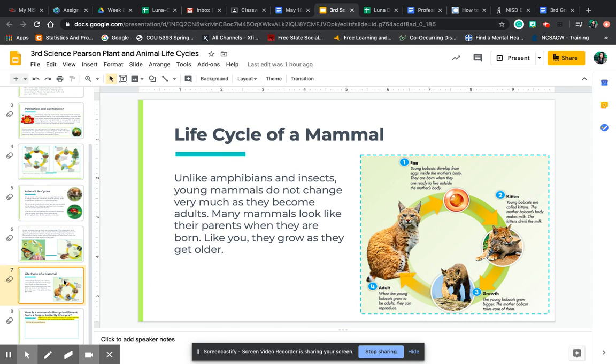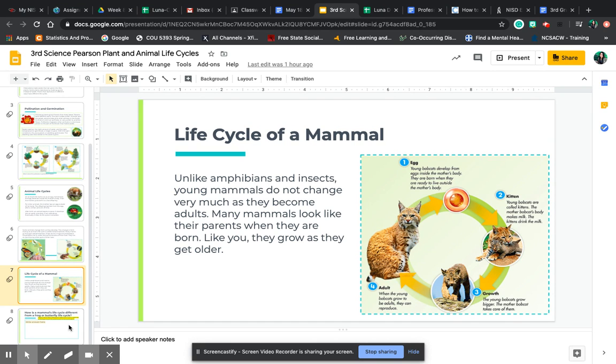Life cycle of a mammal. Unlike amphibians and insects, young mammals do not change very much as they become adults. Many mammals look like their parents when they are born. Like you, they grow as they get older. Here's the life cycle of a mammal. This is a